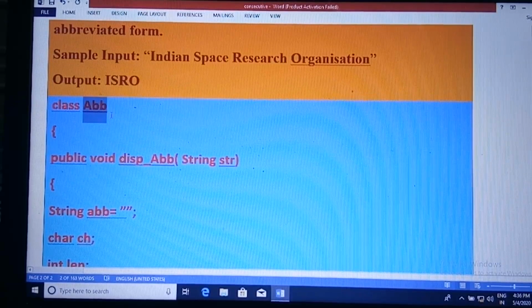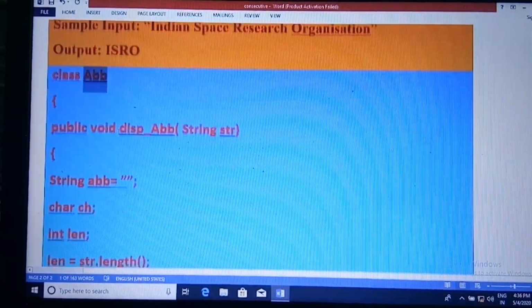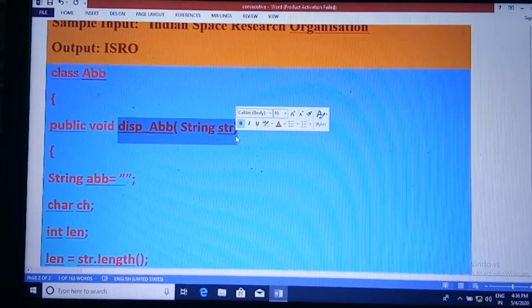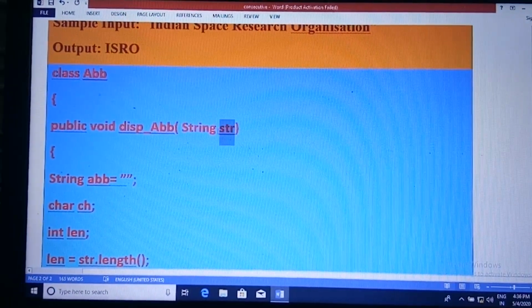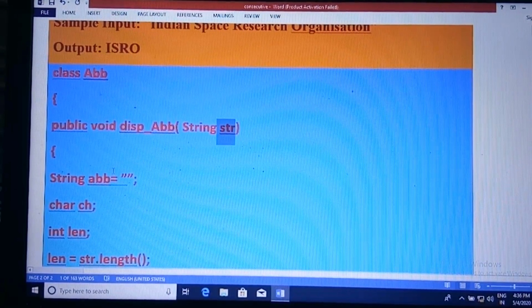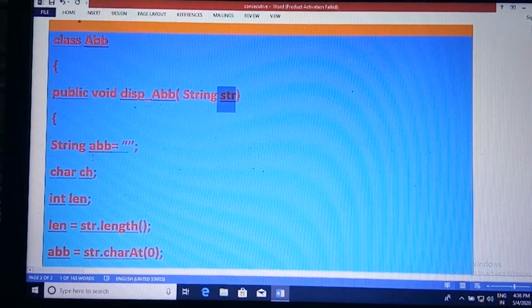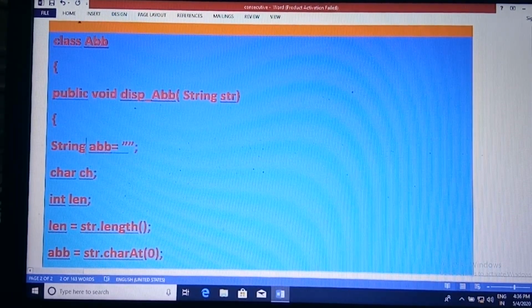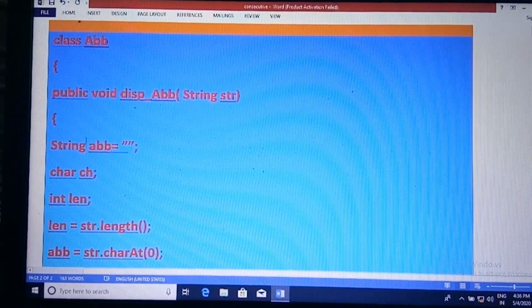Class ABB. ABB is the class name given. Public void disp ABB string str. Str is the variable used for storing the full form, and here we define a variable ABB of string type for storing the abbreviated form.